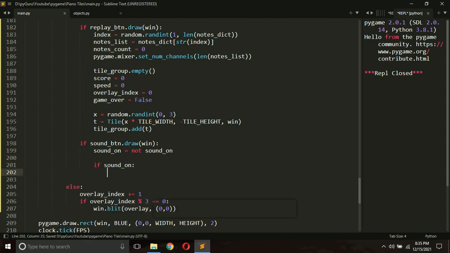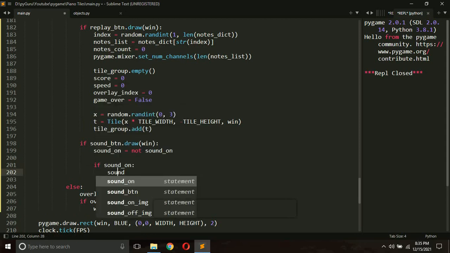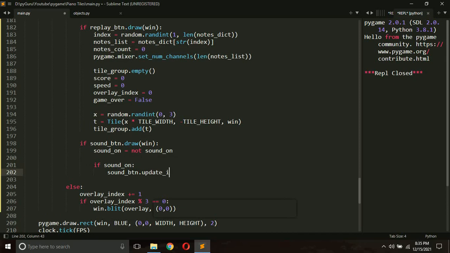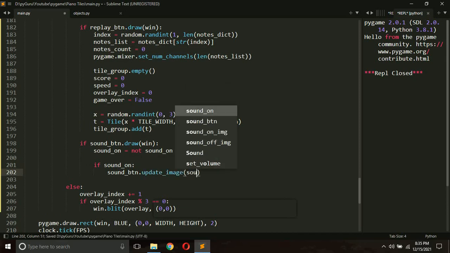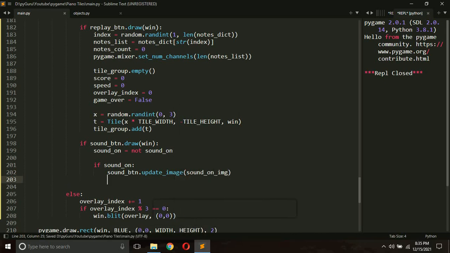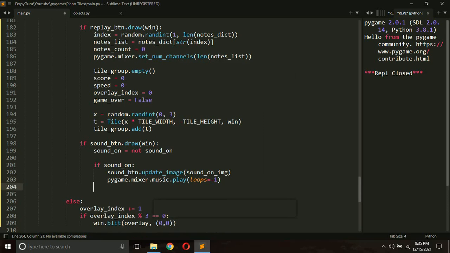So if sound on, what I want to do is change the sound button. So sound button dot update image. It has a method update image, and it takes a new image and changes the image on the button. So sound on img, and pygame dot mixer dot music dot play. We discussed it in the last tutorial. If you want to play the music, we have to pass loops equals -1, so it will keep playing the music. Else,